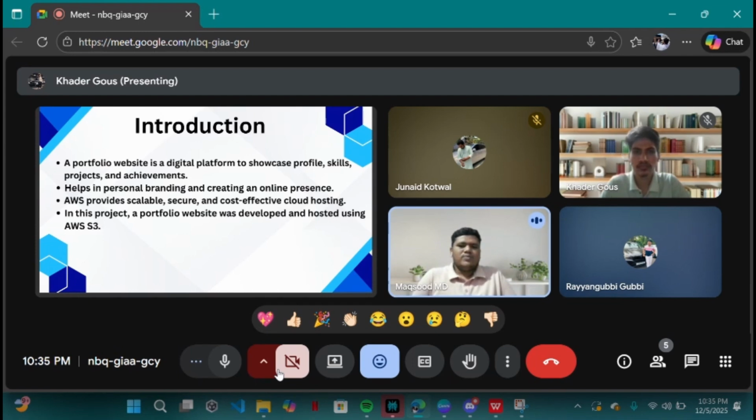To host this website, I used AWS because it offers scalable, secure, and cost-effective cloud hosting. It is reliable and widely used across the industry. So, in this project, I created a portfolio website and hosted it. For hosting, we will use the S3 bucket system. Next, our main problem statement is